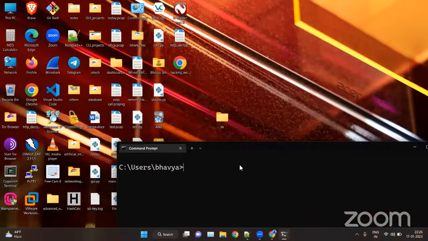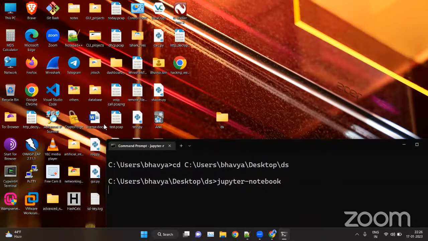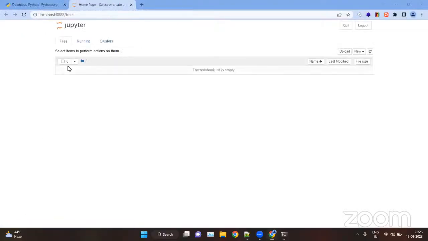Now type CD here and drag the folder here. Enter. Now type jupyter notebook. This will open your Jupyter from here.